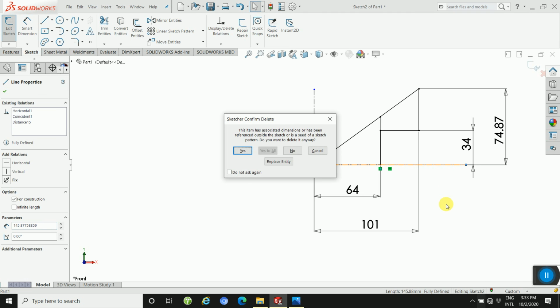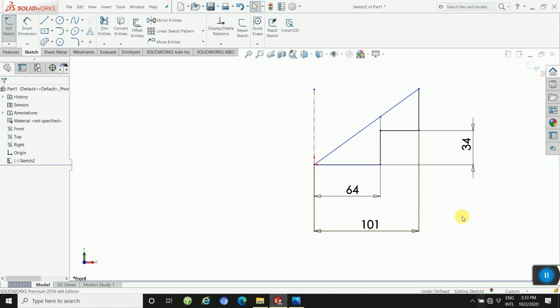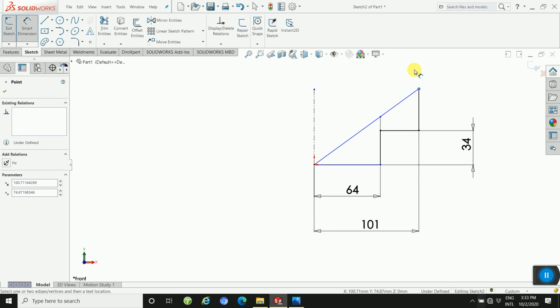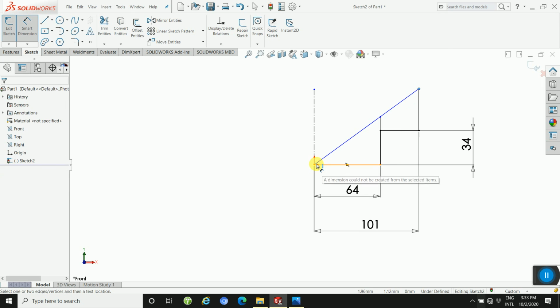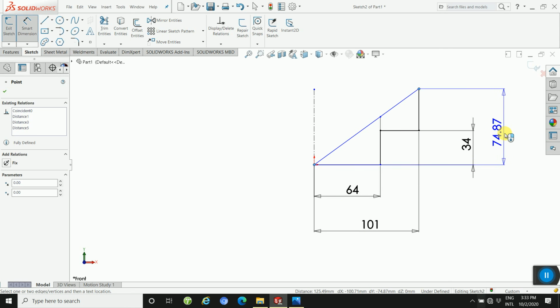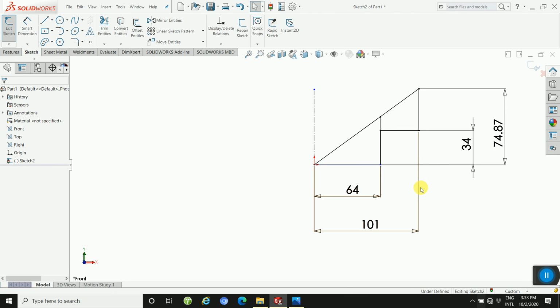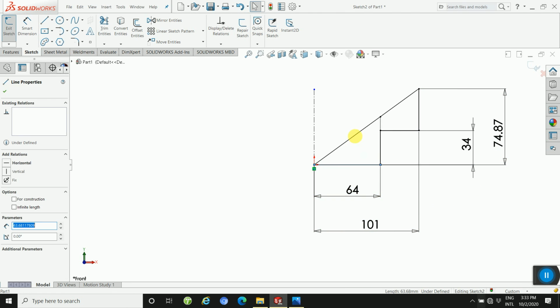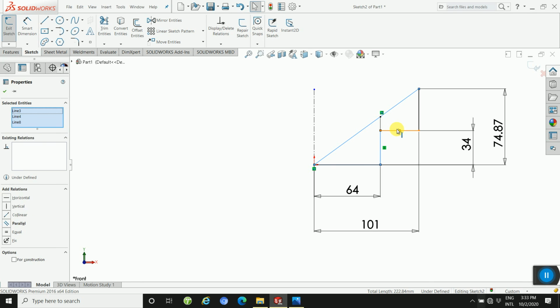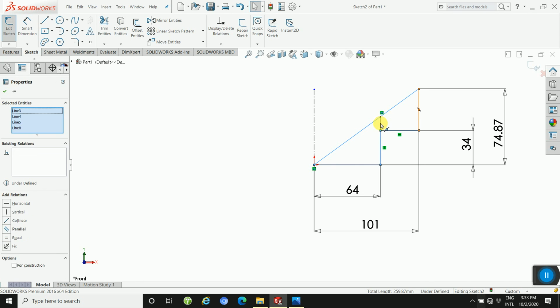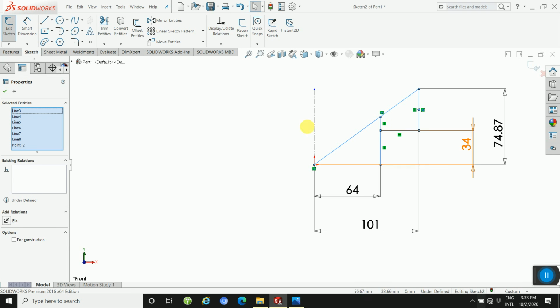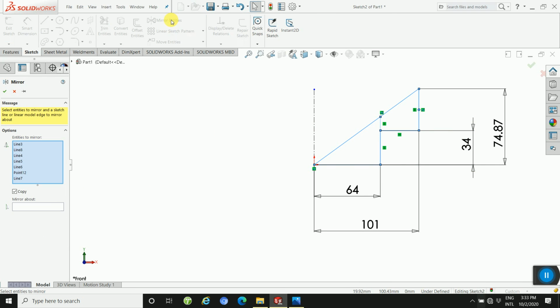Delete this one. Then apply mirror. First you will select individually, first, second, third, fourth, fifth, and then sixth, and then go to add mirror here, then this way.